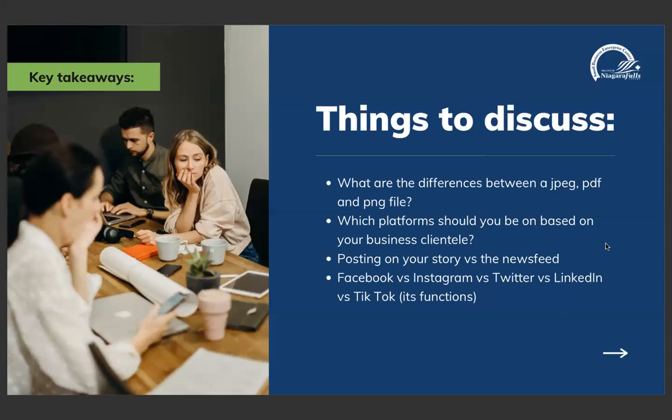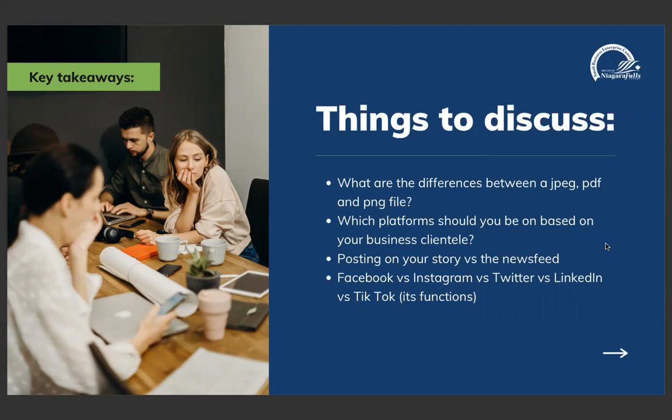Next, we're going to be discussing how to post on your Instagram story as well as the newsfeed. Instagram is one of the fastest and most popular platforms right now. And if you are currently not on Instagram, this is something that you should very, very much consider, as well as TikTok. We have a great video presentation to talk about TikTok later on, but I think you'll find some extreme benefit with that. When it comes to posting in the story and posting on the newsfeed, Instagram is definitely somewhere where you would like to be.